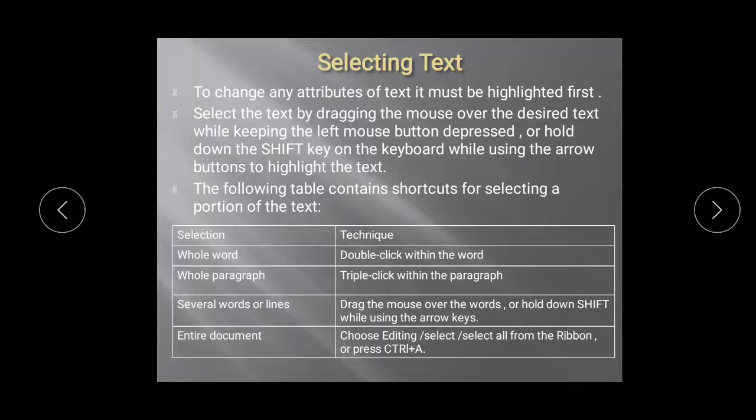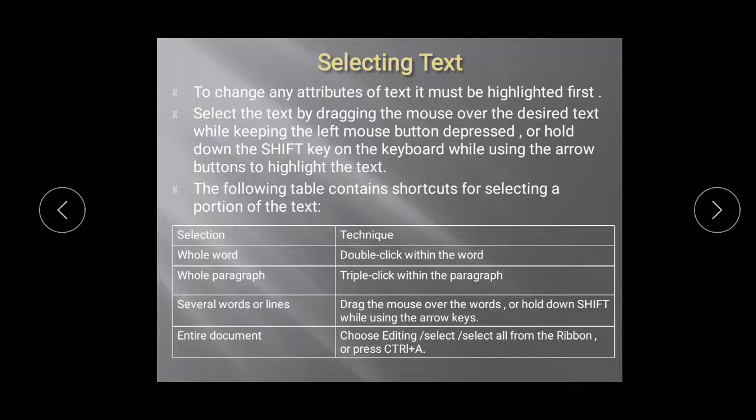When you want to select a word, suppose there is a line saying there are 108 keys on the keyboard. Keyboard is one word which I want to select. One option is to drag the mouse and select that word. If I do not want that, I can use Shift with the arrow keys and select it wherever I want.